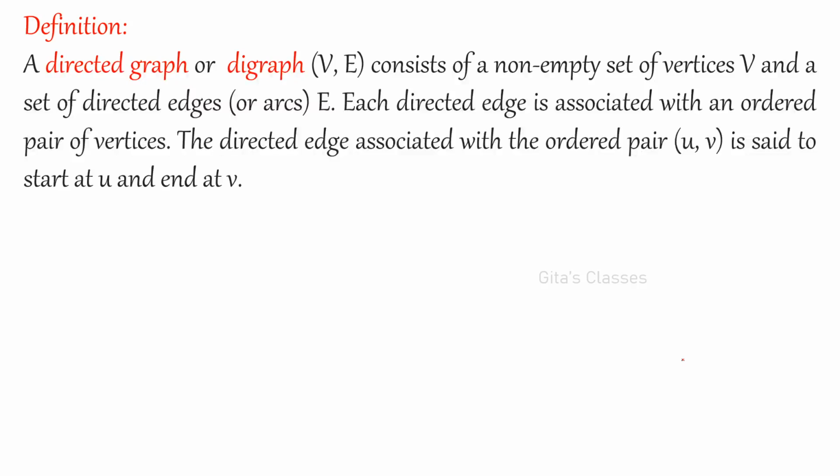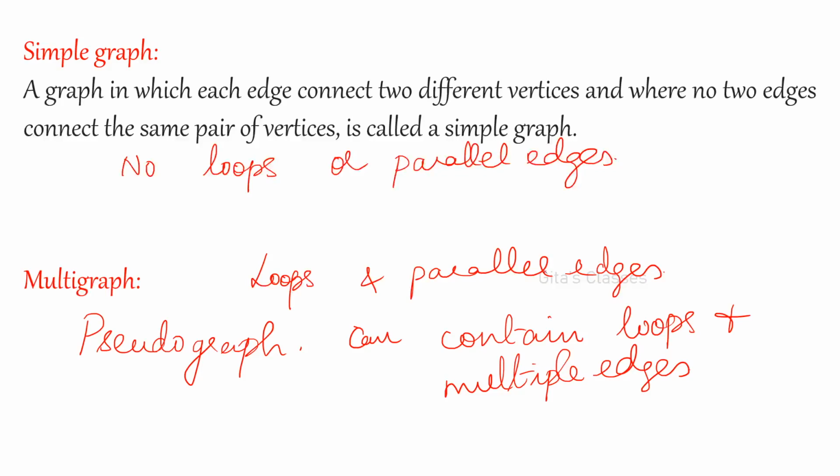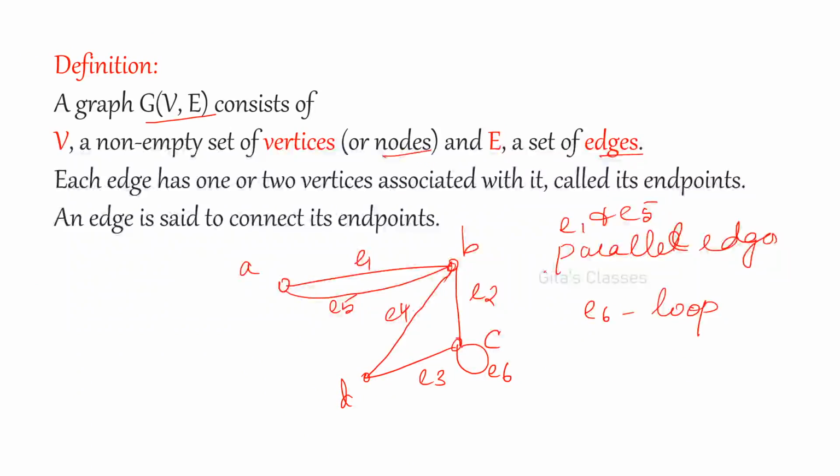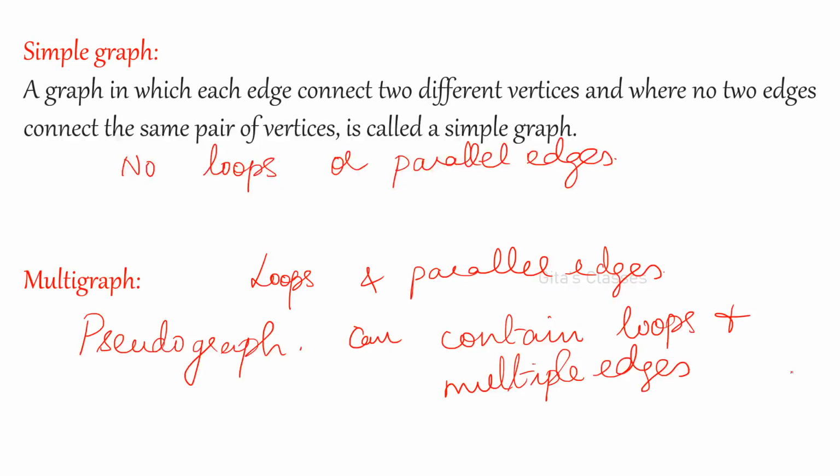Okay. So next is one more definition I want to tell you. If you have a single vertex like this, suppose you have A, B, C, D, E, and one more, let us say F. So F is a vertex only. F is called an isolated vertex, because no edge is incident with F. Okay. If there is no edge incident with the vertex, it is called an isolated vertex.